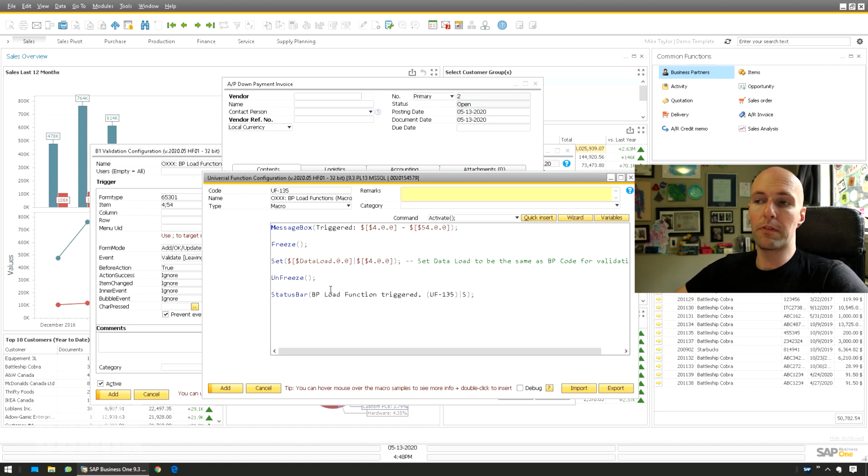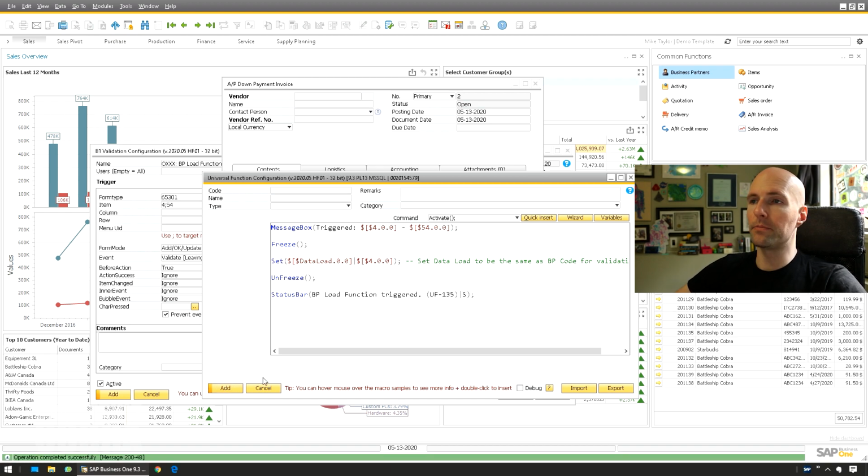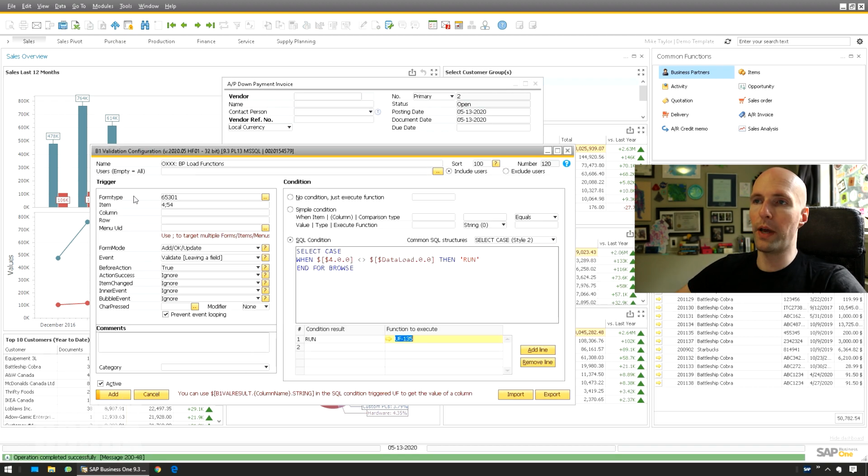Sometimes these functions will be, I don't know, 20, 30, 40, 50, 100 rows long. I have some that are really long that set a bunch of fields. Depending on the sales employee, what's going to happen, it sets all sorts of things. This is a very simple example, but what you do with this validation trigger after you set it up is up to you and up to your users. So I'm going to add that. We'll call this V 2.0, and we're going to add it here.